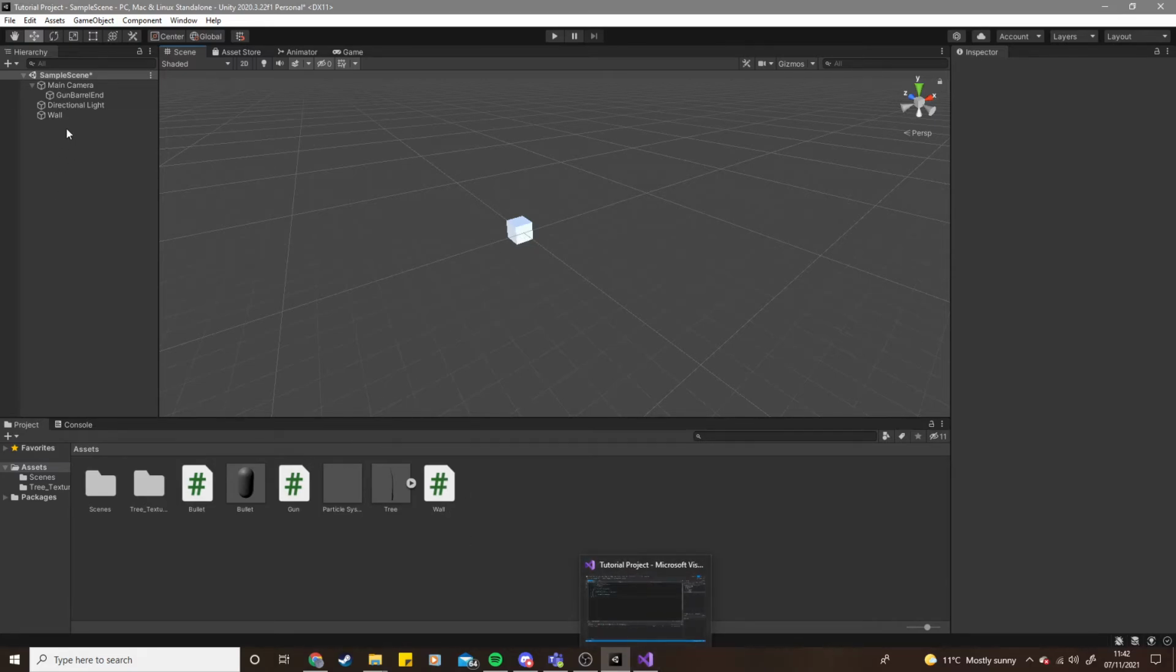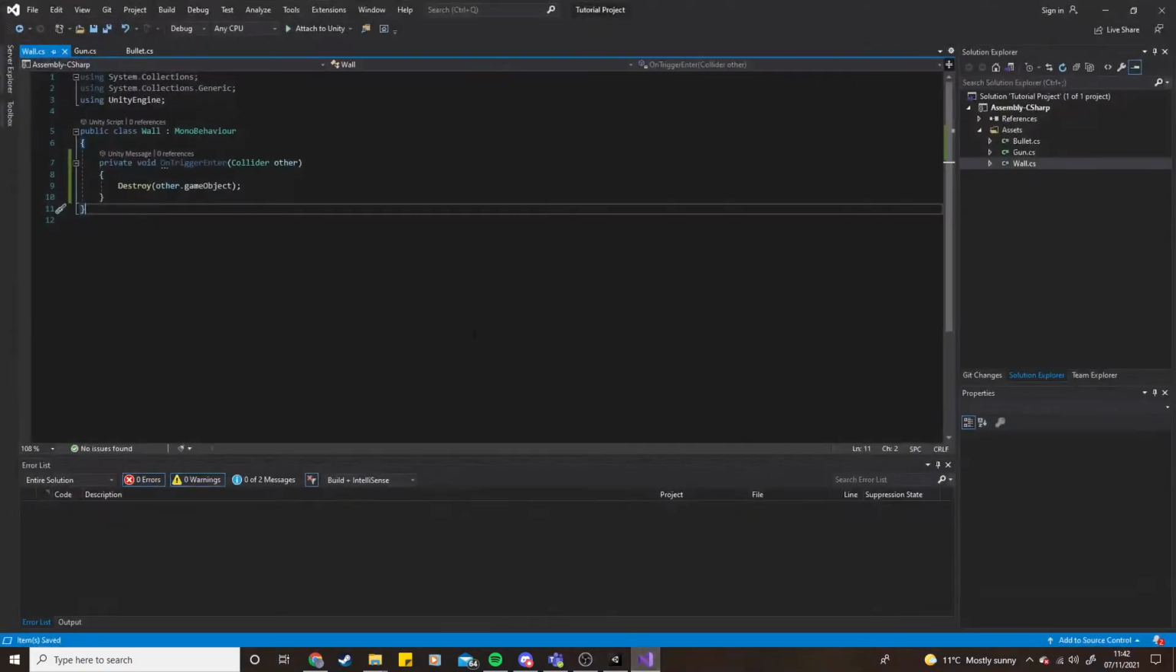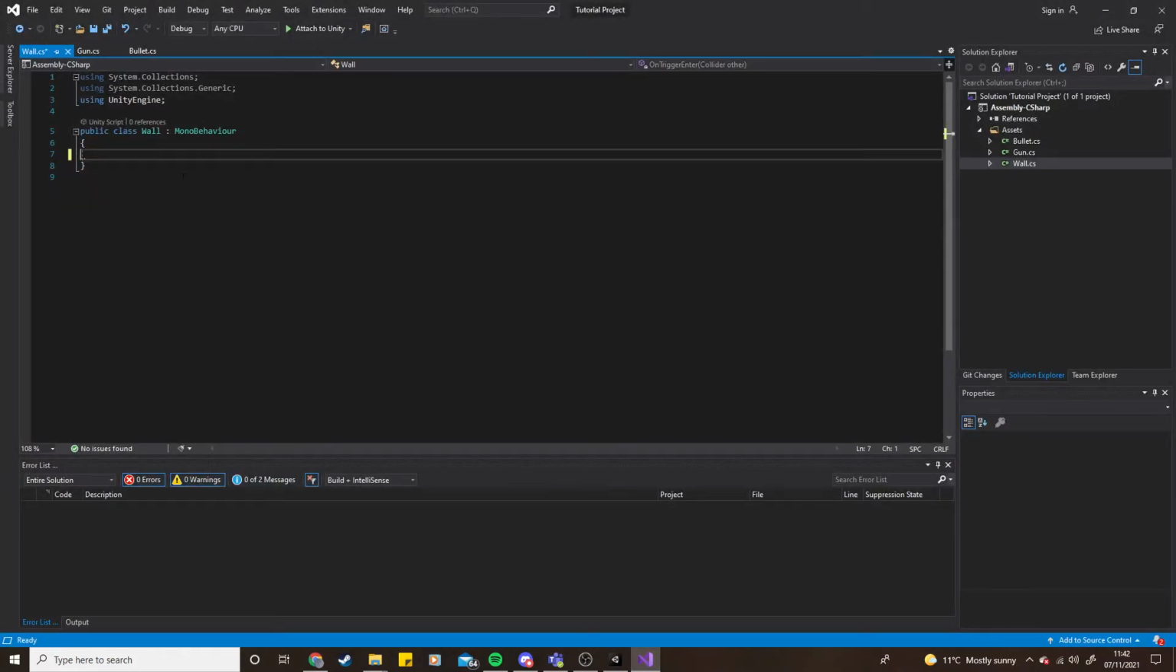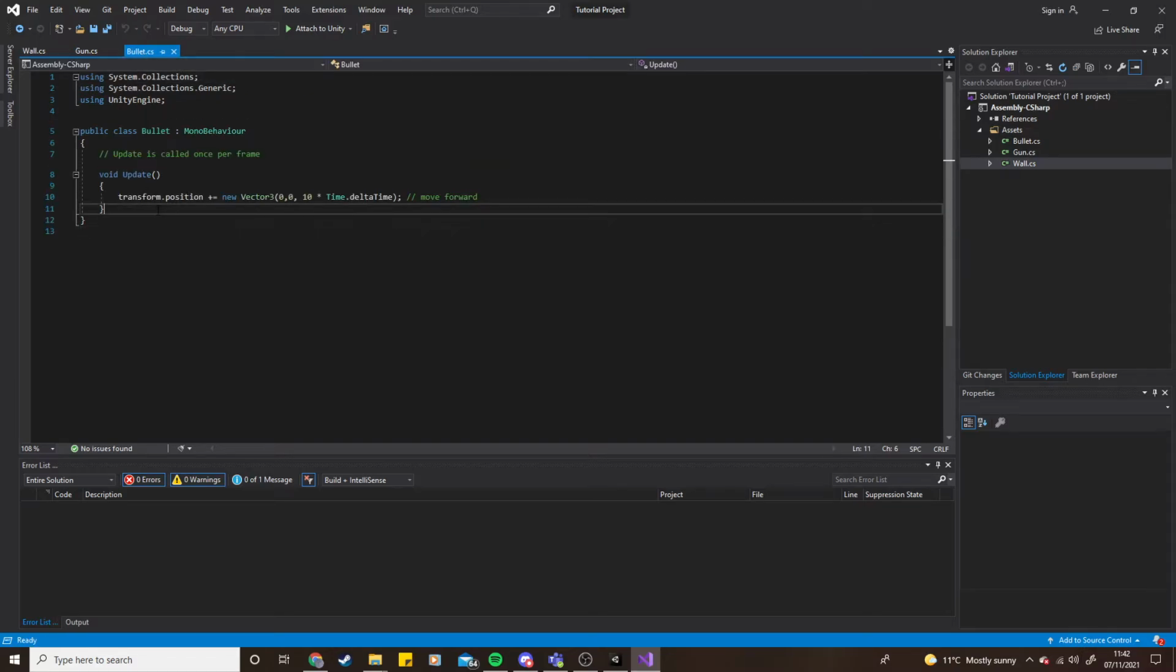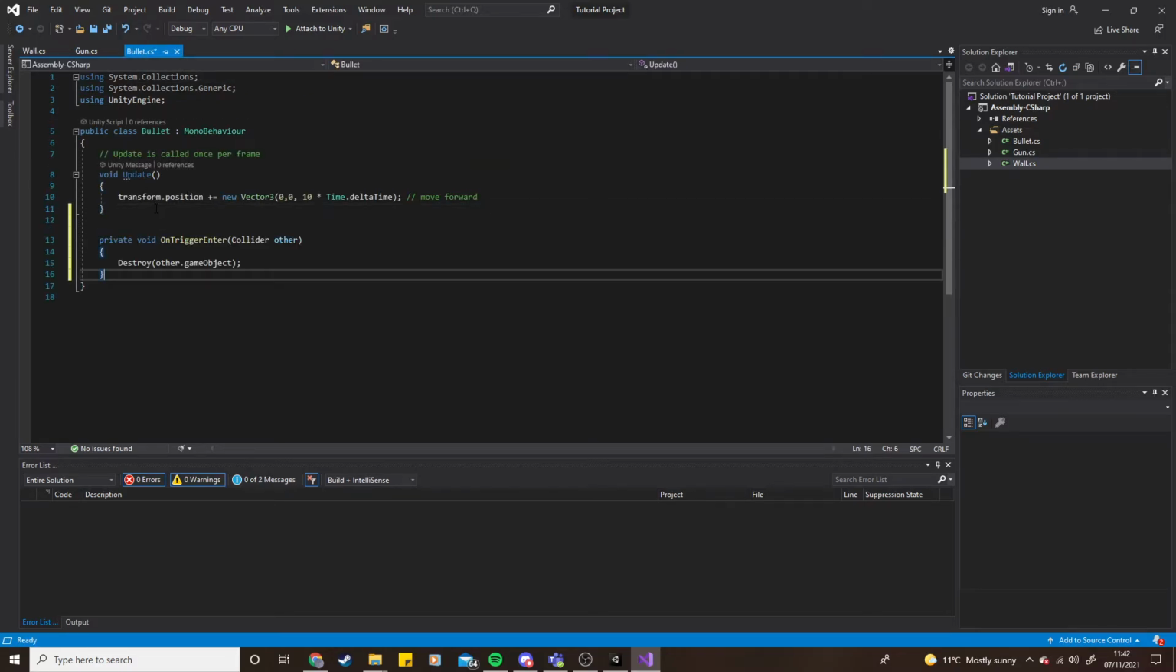Fingers crossed. So let's remove this code. I'm going to Control X just to copy the code. So the wall is now completely empty, the code in the wall isn't doing a thing. However, the bullet is going to do something, and it is going to destroy, and we're going to change other to this. So the bullet will get destroyed when it hits the wall,